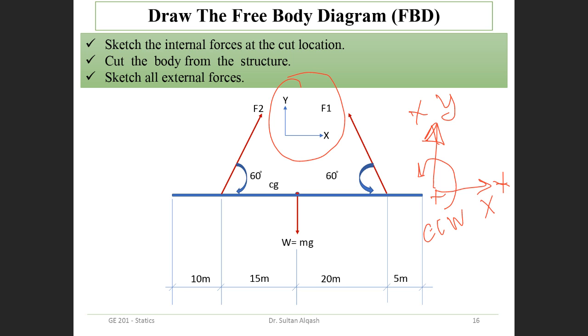This is the engineering sense of convention, the directions, the positive convention. Clear? I think you took it in physics also. This is internationally recognized. If you do not write it, people, the engineers, will understand that the X-axis to the right is positive, Y-axis upward is positive, and then if I have a rotation, anti-clockwise is positive. Clear?